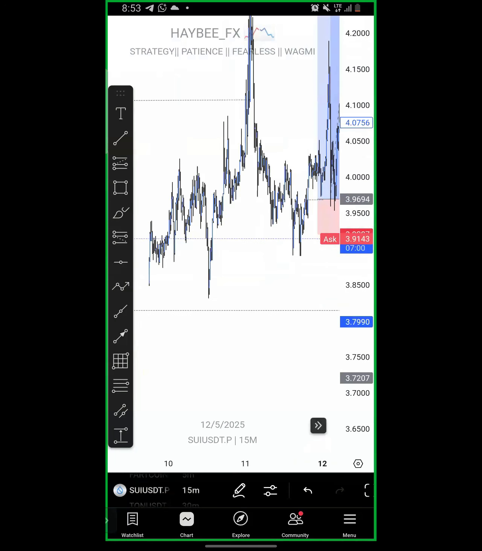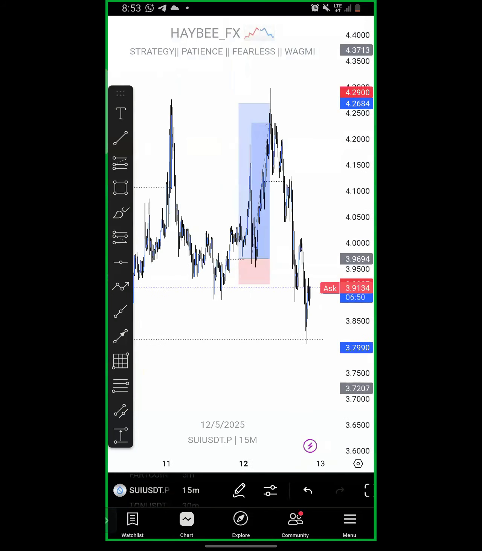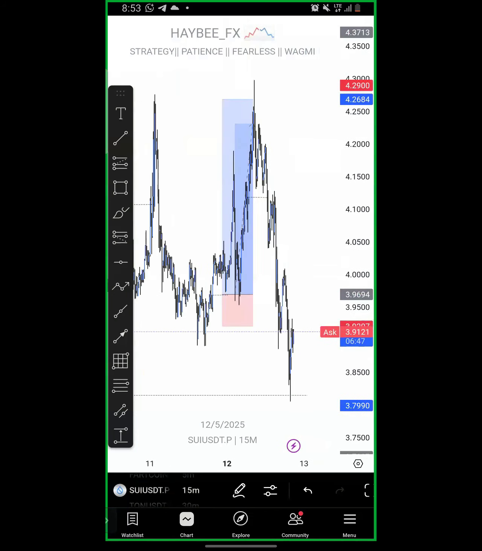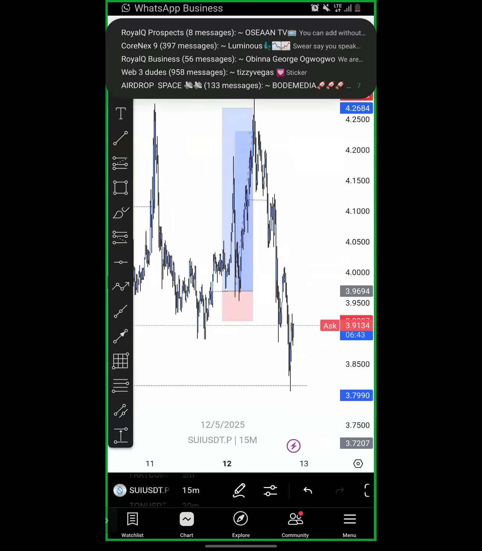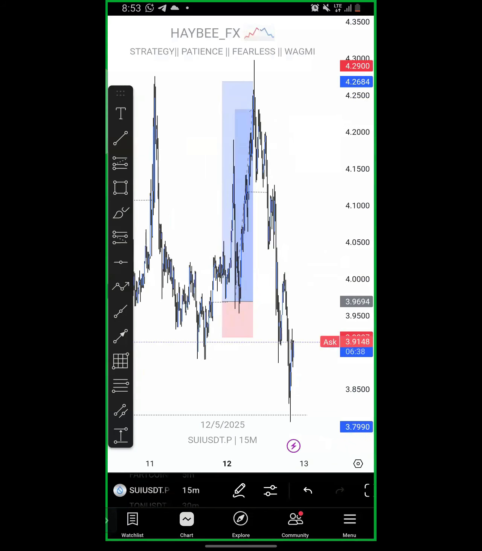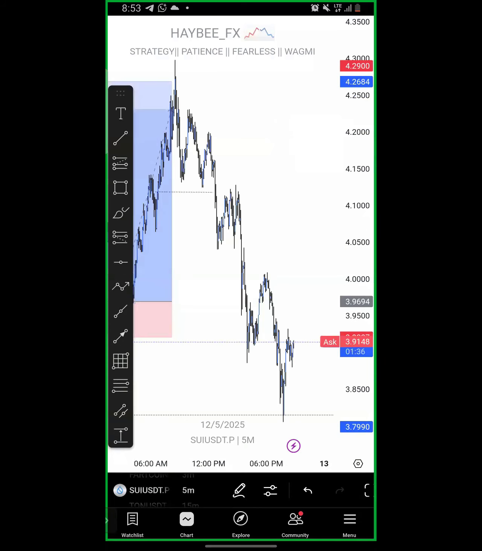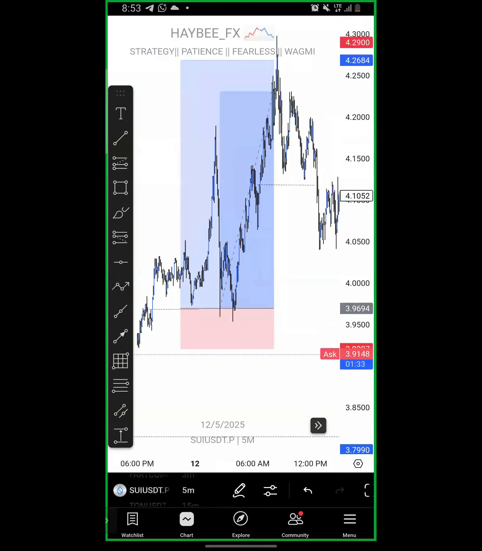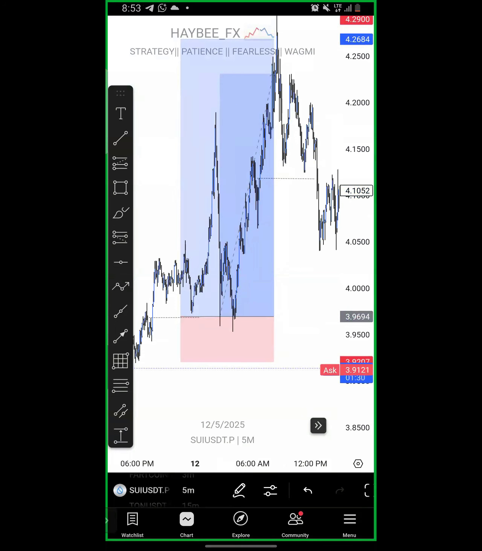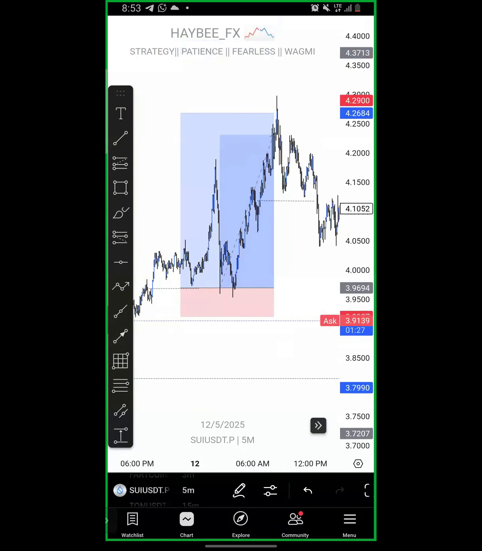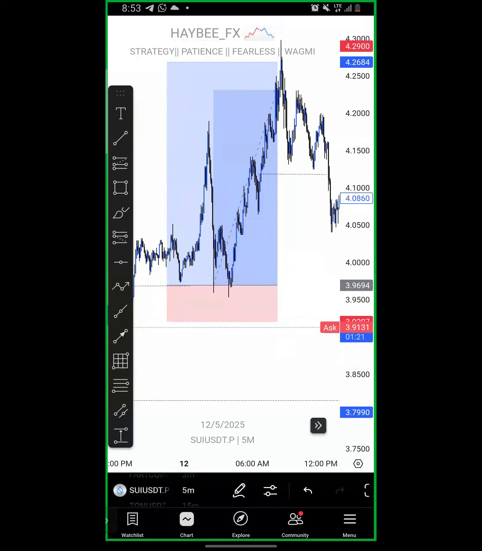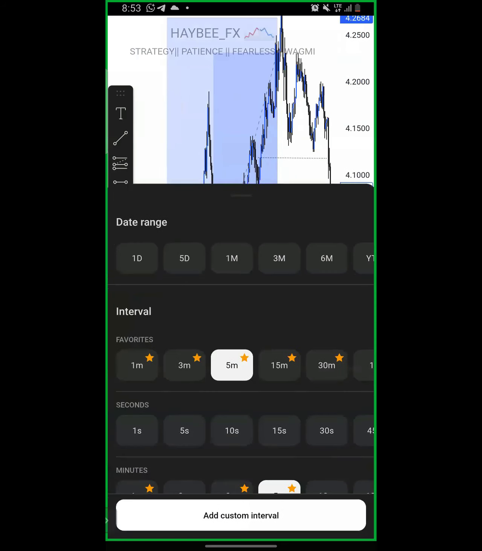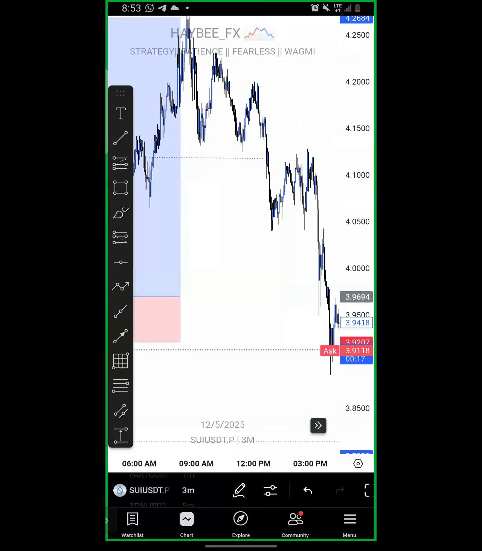After that, the next thing should be structure, because that is where structure comes in. First, I look at where the market is going. The market is in an uptrend. Fine. That tells me that I have to look for a buy setup. Do you understand? But this is crypto, so at times we do what we like. You have to refine the market down to a lower time frame, because it's different from forex trading. Now we are dealing with spot. This is crypto, so you have to refine the trade to a lower time frame. Now look at here like this. This market is now